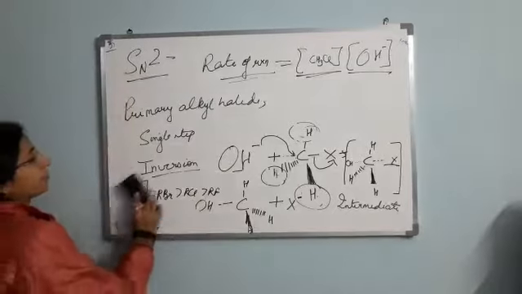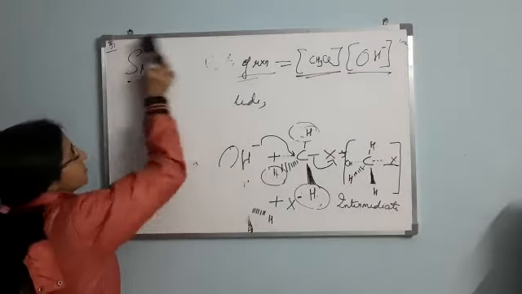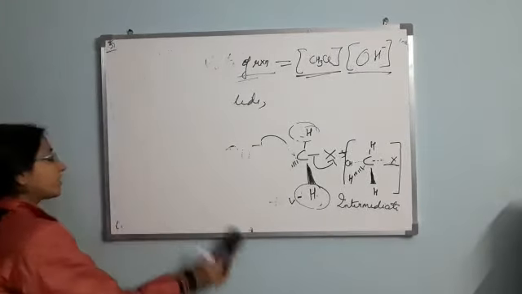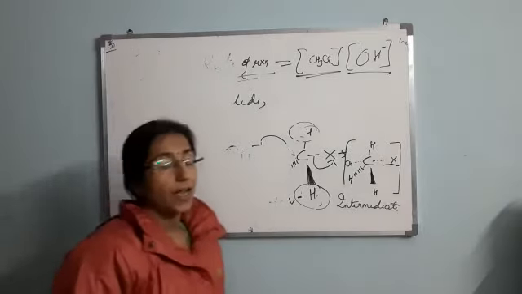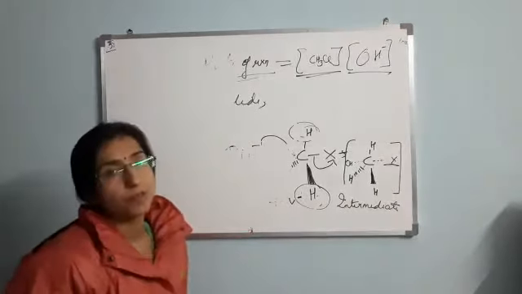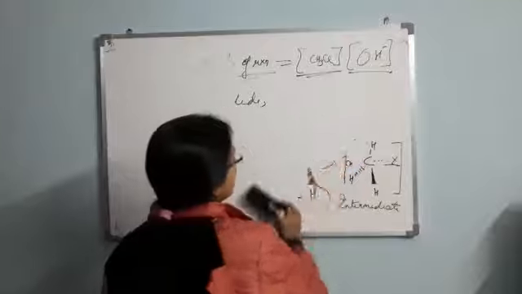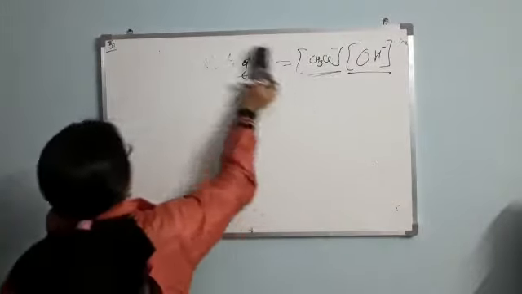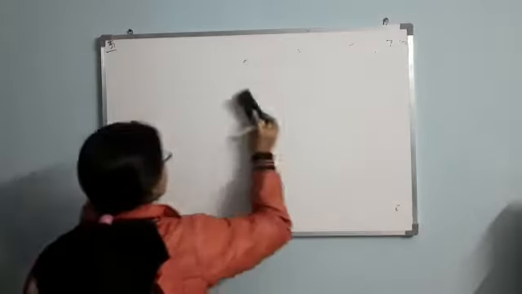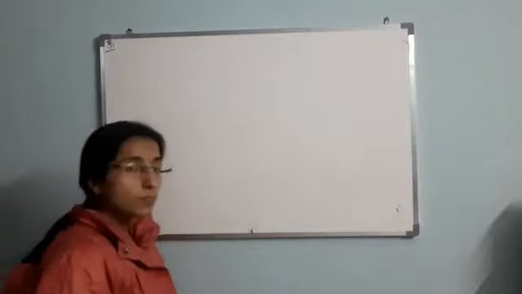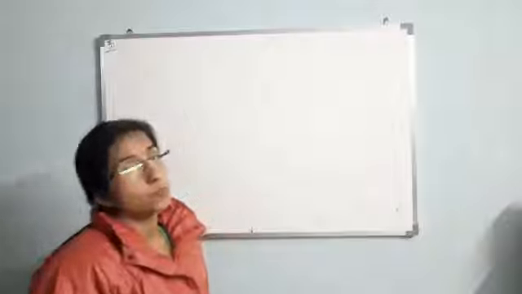Fine. Then which goes best with SN2? There will be two options. They can write a primary alkyl halide and a tertiary alkyl halide, and they will ask you to choose between the two: which goes best with SN1, which goes best with SN2. So just recall this thing. If it is SN2, it goes best with the primary, and if it is tertiary, it goes best with SN1.